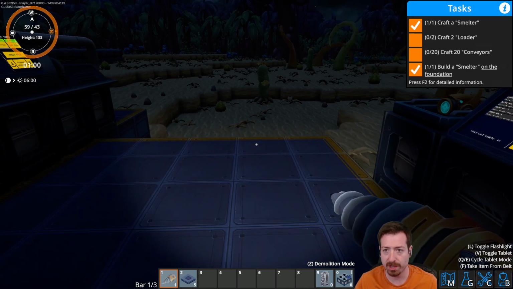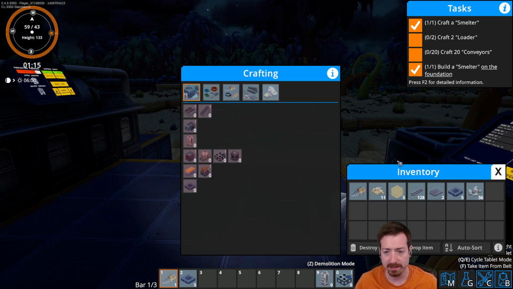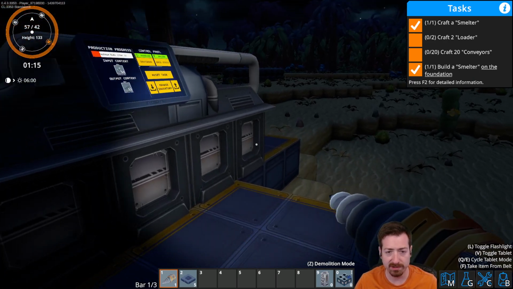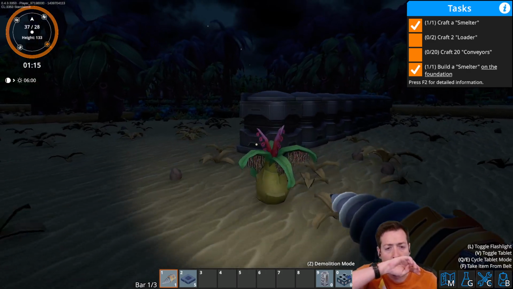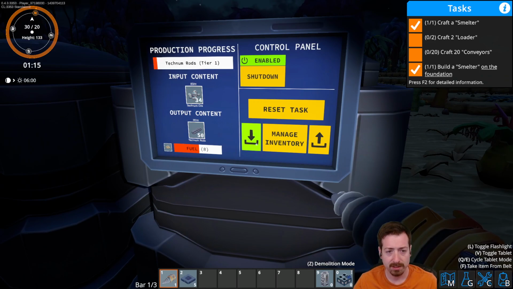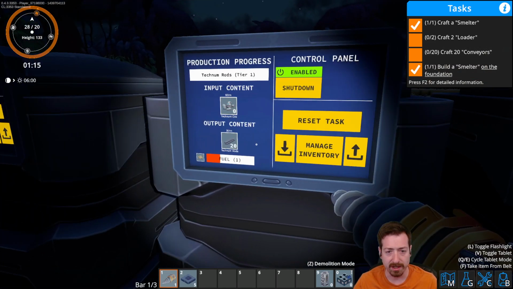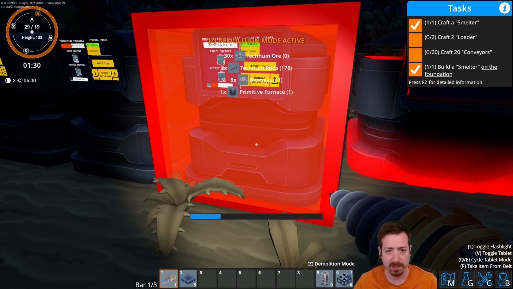Okay, so now we are going to use loaders and conveyors to connect these up and get everything automated. However, I'm completely out of xenoferrite plates, so we need to go fetch some more of those. Excuse me. Still kind of getting over the cold that I had here. I should be able to remove these now, because we have the...